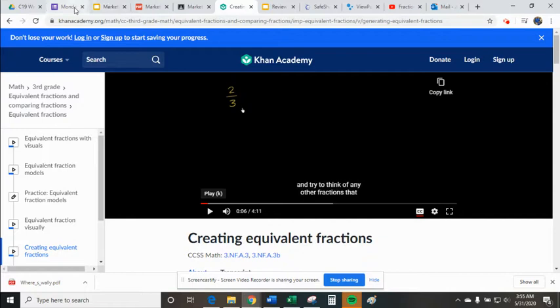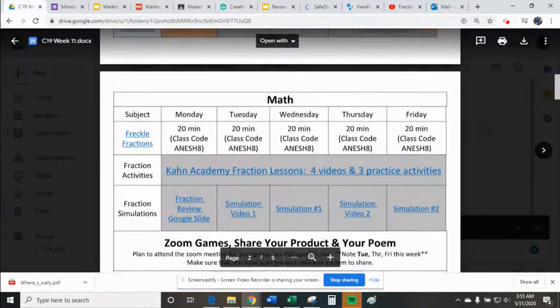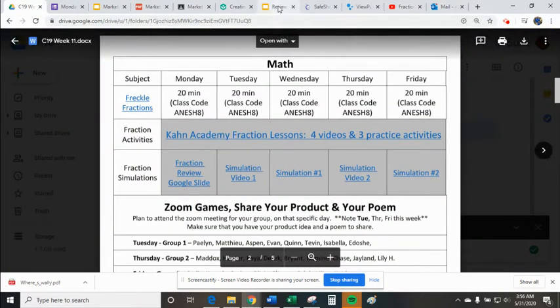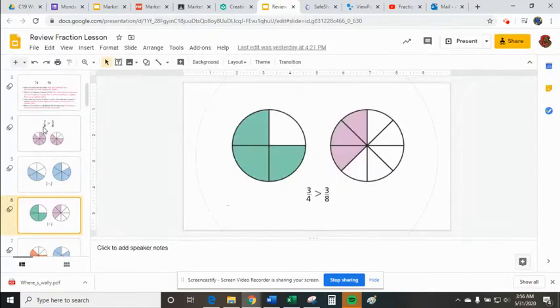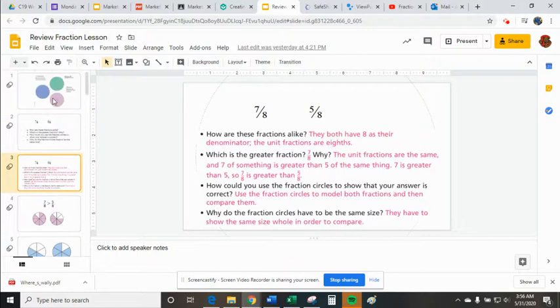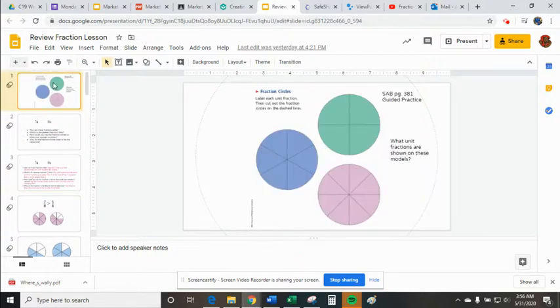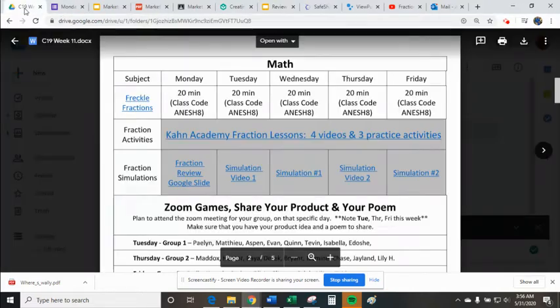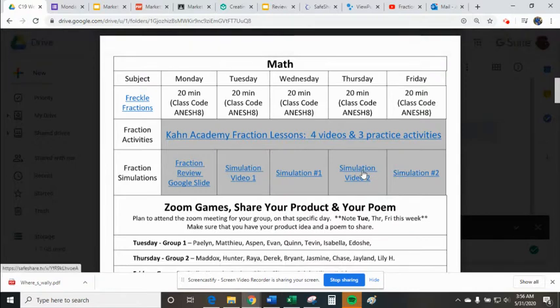In addition, I also put some fraction review slides. This goes over kind of what we worked on last week in our Zoom lesson with our fractions. So you're just going to go through this slide and review those. And then the other thing, I have these little simulations. They're super cool. I made my own separate videos for those, though, because they're a little tricky.